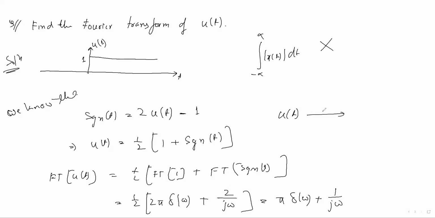So the Fourier transform of u(t) is what? Pi delta omega plus 1 by j omega. So these are the main numerical problems, or these are the signals. You should know the Fourier transform. I have given about 5 such types of signals, so you should know the ultimate result. Basically you should know the ultimate result, as well as the derivation also. Then you can remember it for all time. When you know the derivation, then you can remember the things.